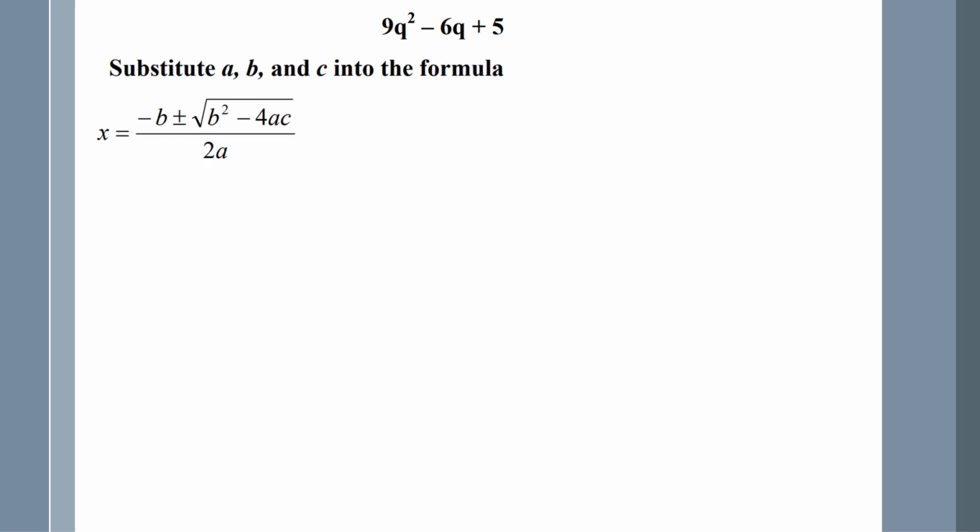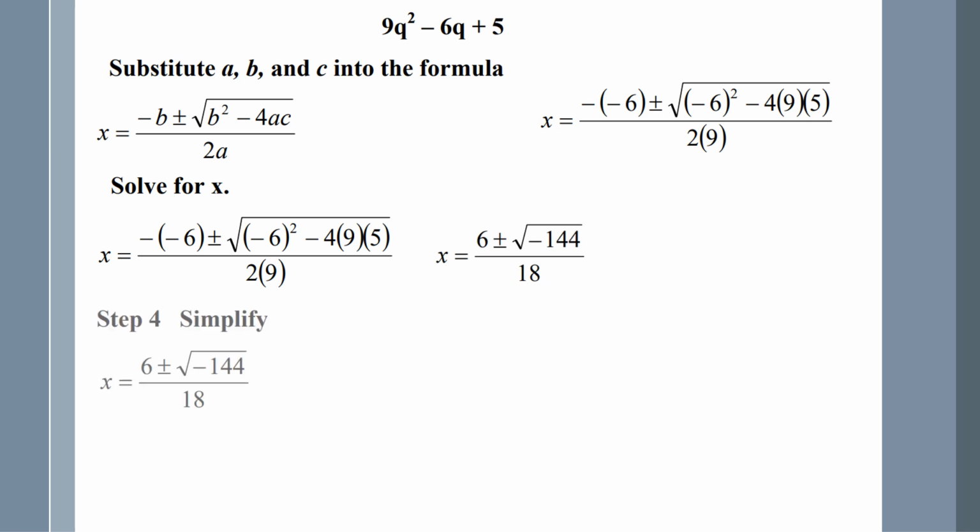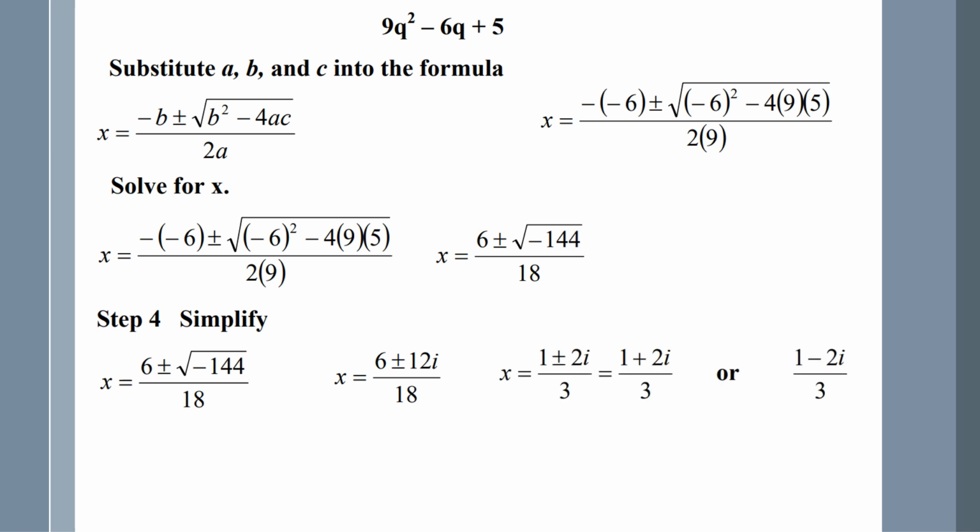So of course use the formula. X equals the opposite of b plus or minus the square root of b squared minus 4ac, all over 2a. So you put everything in place. You did that. You got negative 144 in the square root, which you know can never happen with real numbers. And you get 12i. And you get plus or minus, so either you're going to have plus 2i or minus 2i as your final answer. If you're struggling with this, all you're doing is just putting the numbers in the formula.